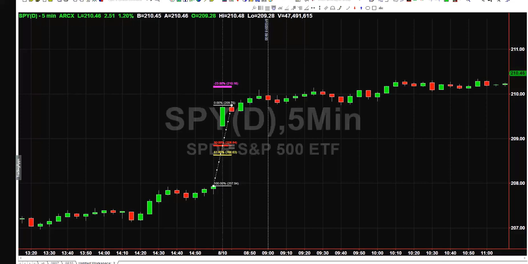So again, I think there are a lot of benefits to, first of all, just waiting out the first half hour. There's a huge benefit to being able to identify open drive higher and open drive lower. It lets you avoid getting run over, right? Identifying the day type quickly, right? And then finally, once you get past that open drive higher or open drive lower,